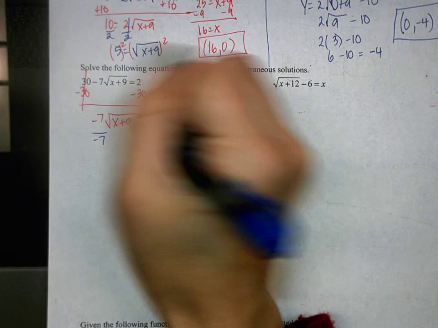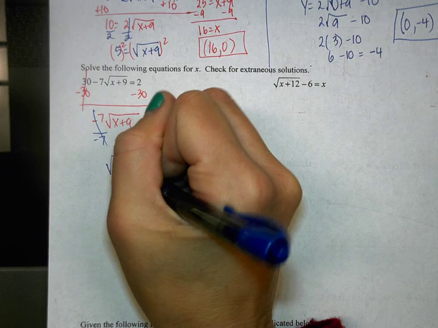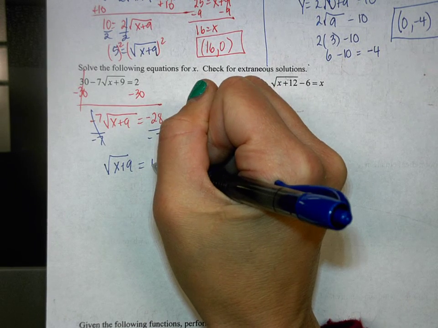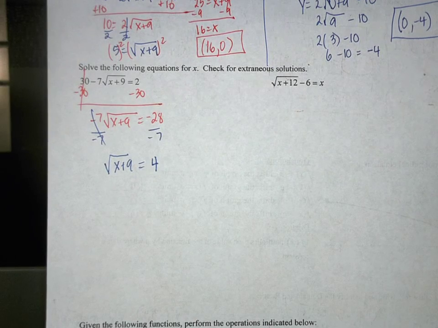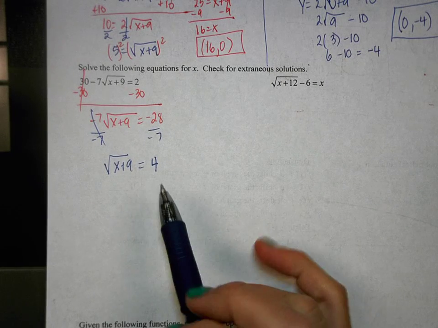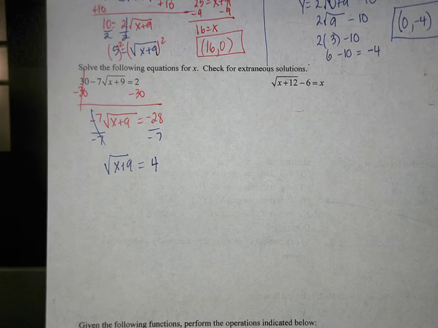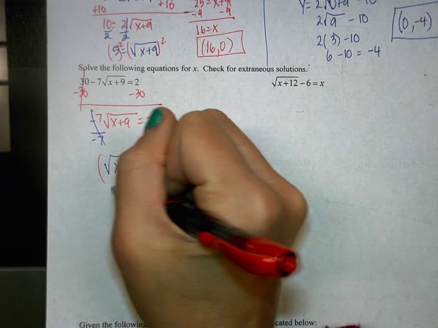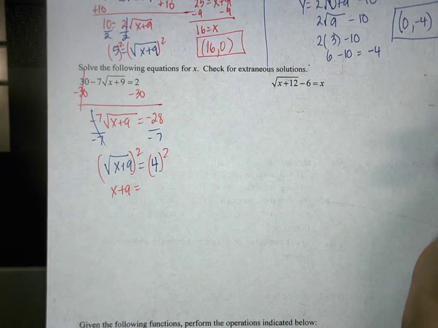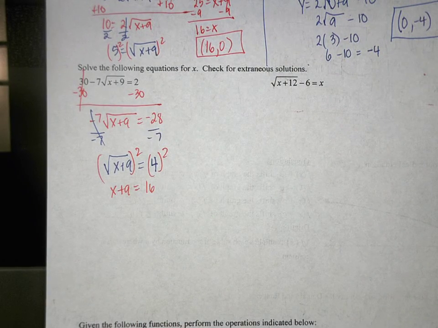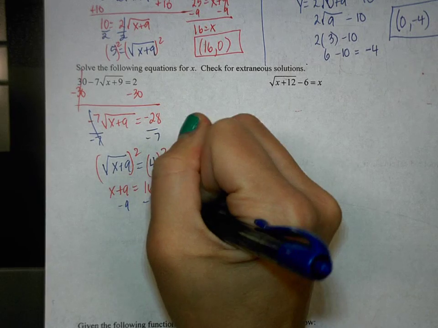So we have root x plus 9 equals positive 4. Good. At this point, too, you would look to see, does this equal a negative, right? Okay, now what? Square both sides. And so I get x plus 9 equals 16. And then the last step would be to, and we get x equals